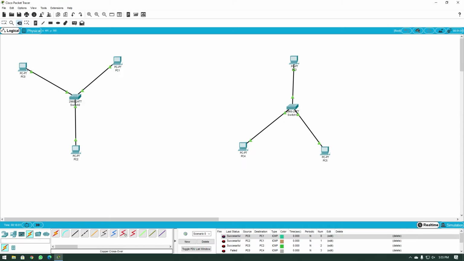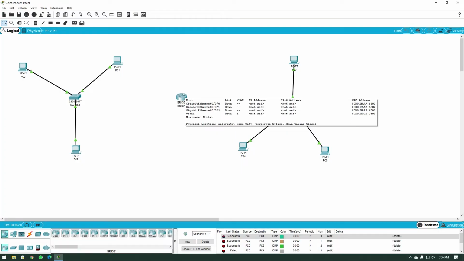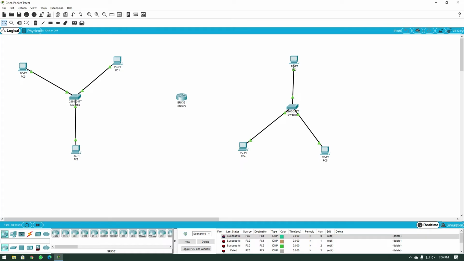and add a router. I'm going to go to network devices over here at the bottom. Routers are selected by default. I'm going to add a simple 4331 router here. And now I'm going to connect the switch to the router and this switch to the router and assign some IP addresses to the interfaces of the router that got connected to the respective networks, and we will see the packets could then still go through.